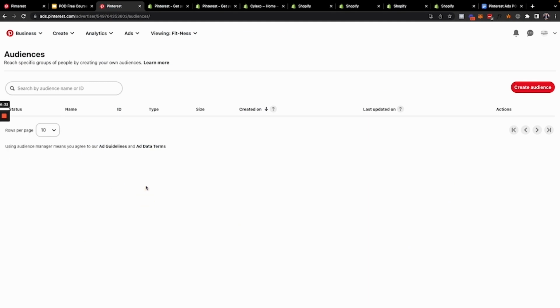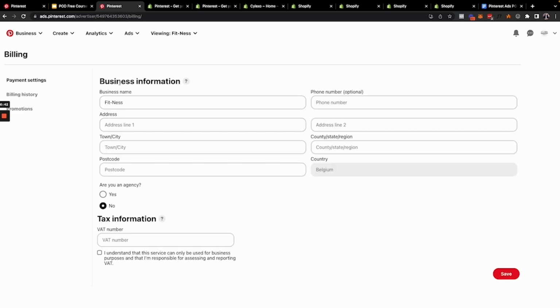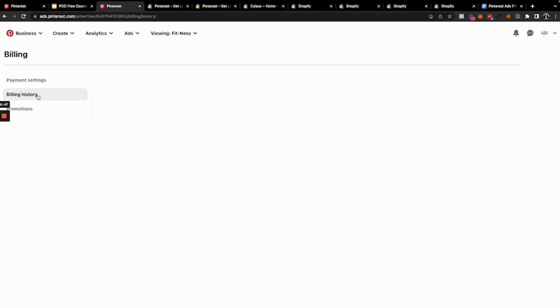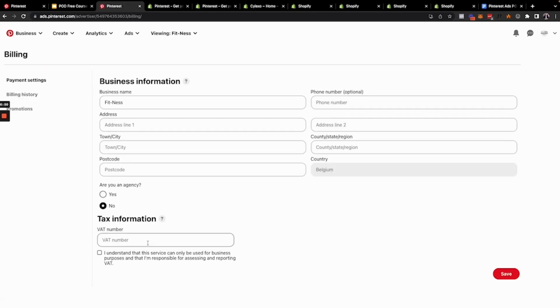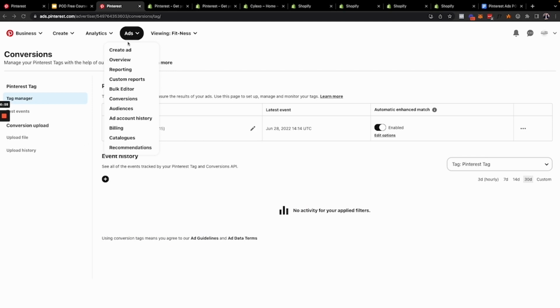So before setting up the campaigns, the first thing we want to do is make sure that our billing details are properly integrated as well. So you just go here under billing and you will have to add all your business details, your VAT information if you are actually registered with the VAT, and you also want to of course insert all the payment settings here. So you just set up your billing details right here, and then you also want to create some audiences